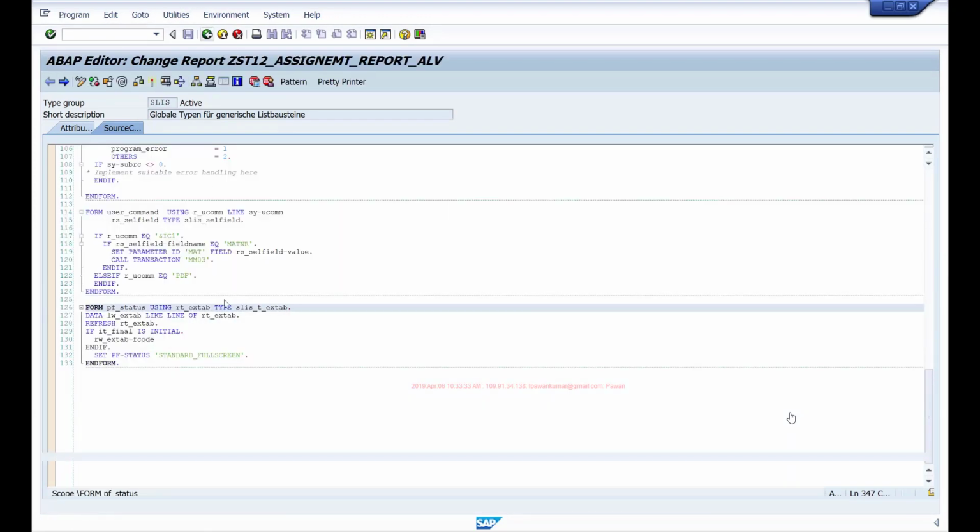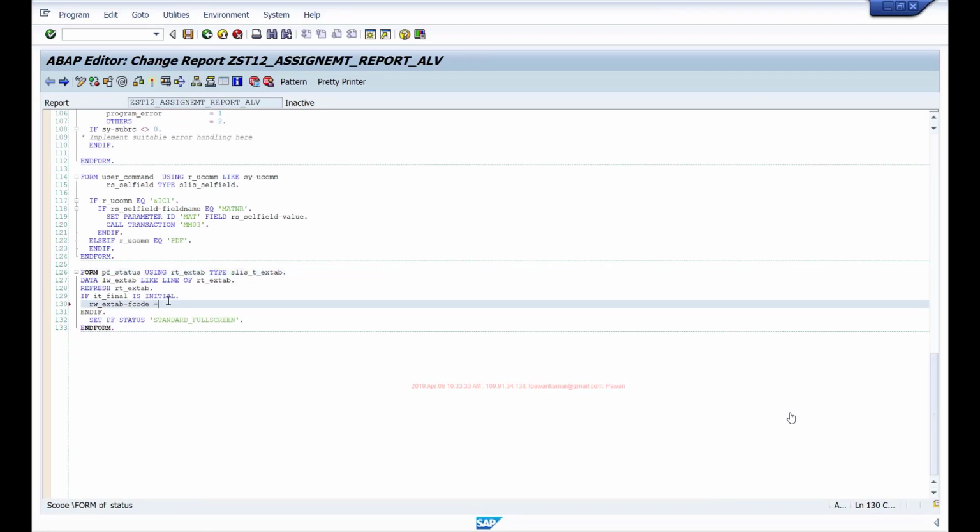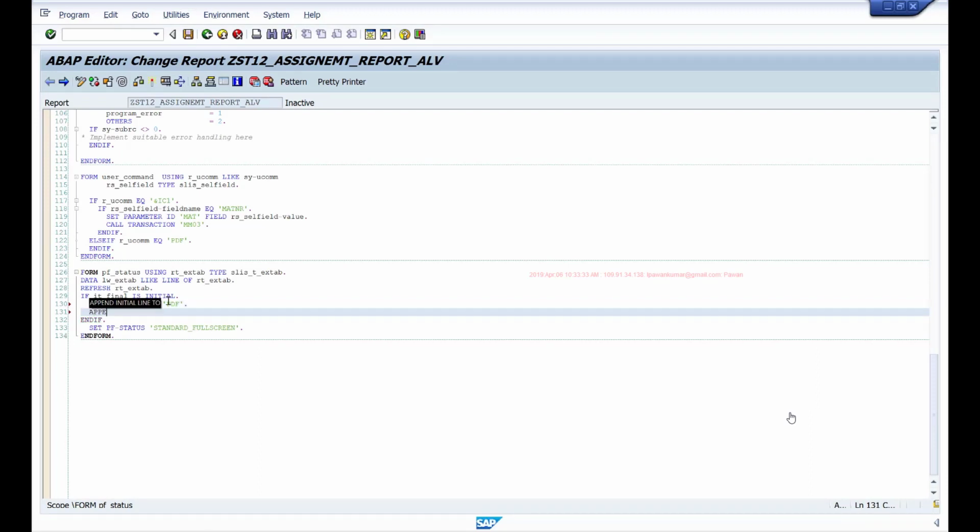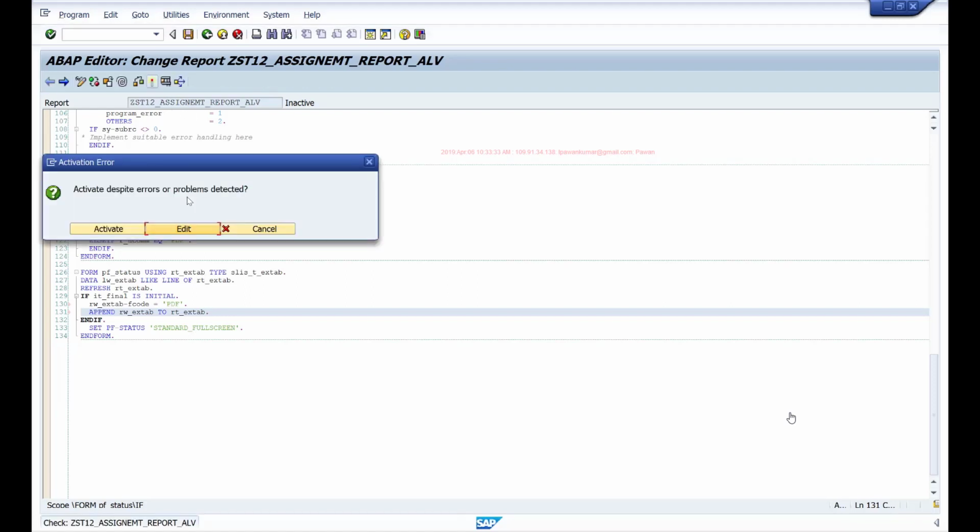So I'm passing my function code to this, append rw xtab to rtxtab. So I'll fill this rtxtab with all the function codes I don't want to display.